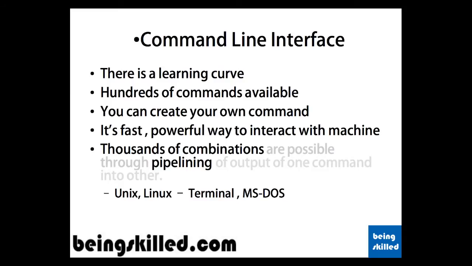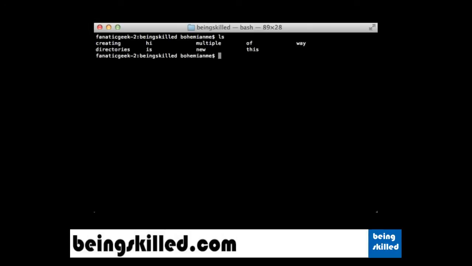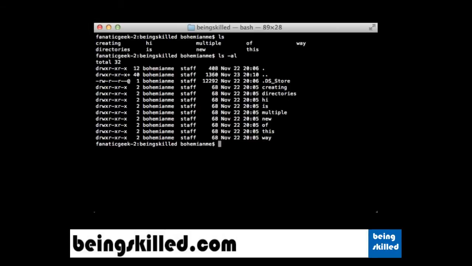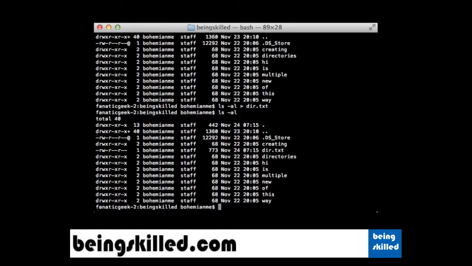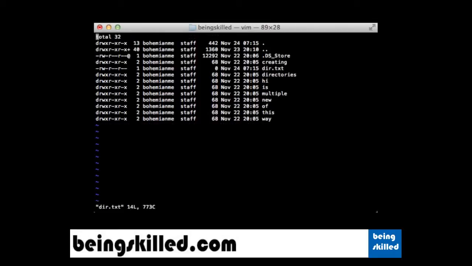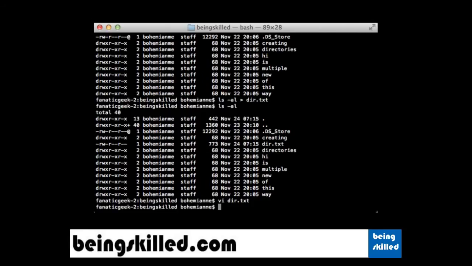Just to make it clear, we should watch it again. And this is the output, and now greater than is the redirection symbol. So the output is redirected, and while typing dir.txt, we are actually seeing the output which was saved in the file. And this is how we redirect and use terminal. So in coming videos we'll be learning about various commands available in Linux by default.